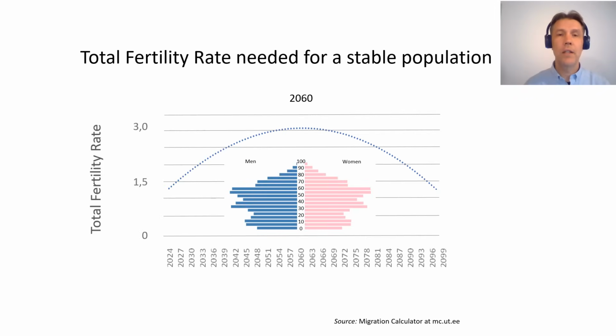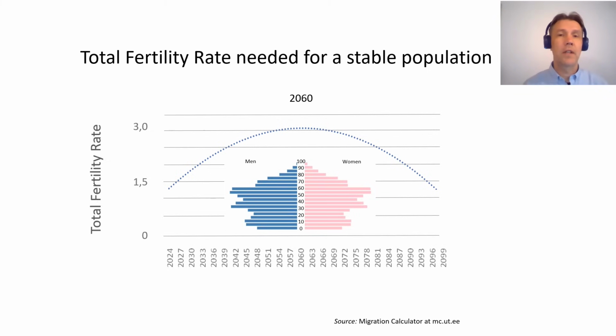So let us start with fertility. What is the average number of births needed each year to keep the Chinese population at 1.4 billion stable till the end of this century? What we see is that the three-child policy would indeed help. What we also see is that there is no urgent need for fertility rates to rapidly increase to this level, but rather there is a need for a gradual increase till the year 2060.